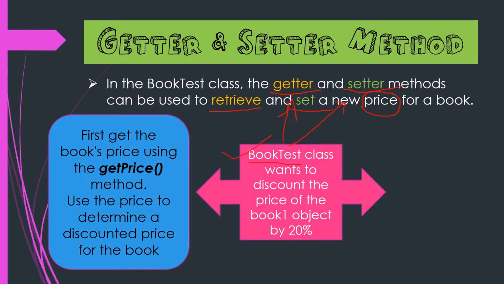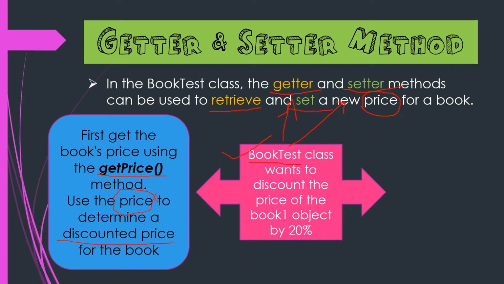First, get the book's price using the getPrice method. Use the price to determine a discounted price for the book. So what we will be doing first of all is using the getter method. Getter method for what? For getting the book price, to retrieve the book price. And why are we using the getter method, why do we want to get the value of book price? We want this price to determine a discounted price for the book, because if we want to know the discounted price, first of all we have to know the original price. So that is why we have to obtain the value of price, which is why we are using the getPrice